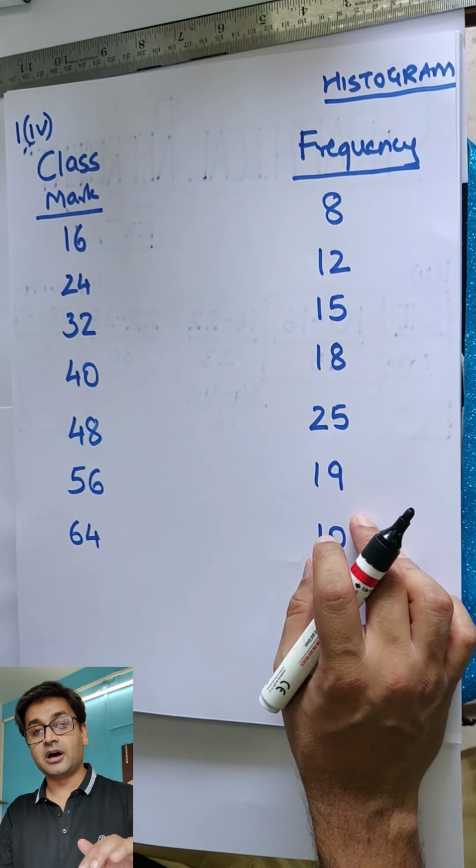You take these two class marks and subtract them and divide by 2. That's the simplest formula. So 24 minus 16 is 8, divided by 2, so you get 4. So you should convert this as plus 4, minus 4. What do I mean by plus 4, minus 4? Plus 4 and minus 4 to the class mark of that class. So this is the class interval we are trying to find.